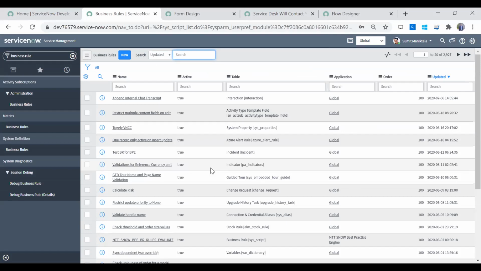Effectively, business rules are executed. When are they really executed? When you perform some operation on a table in the database. So if you're inserting something and you want some logic or code to be executed, or if you're updating some records, you want that code to be executed. If you're deleting it, even if you're querying it,